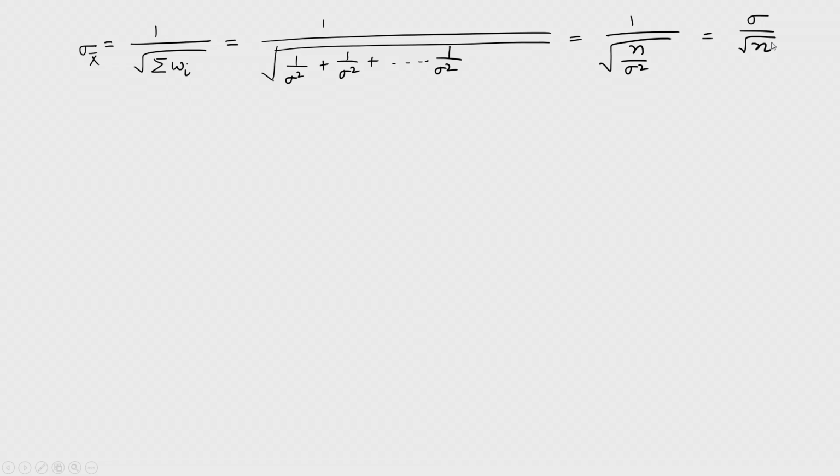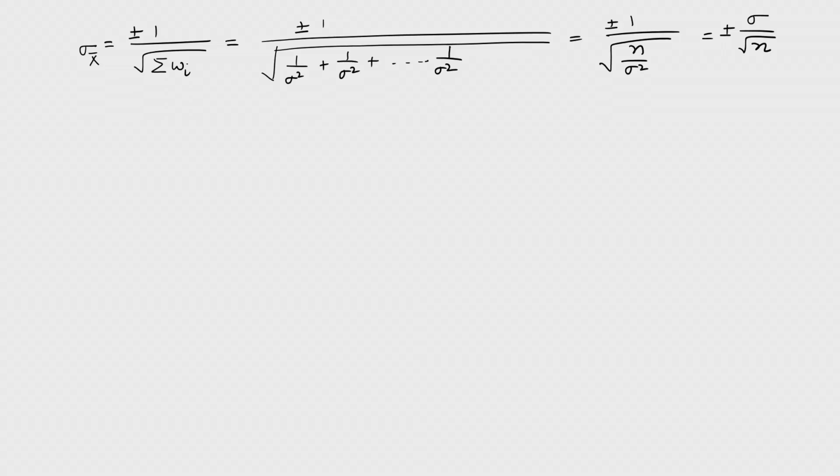So, check that the answers are correct. I have also found out what the error propagated in the weighted mean should be, right? And we have checked that if we assume the weights are equal, I get the same answer that I derived earlier. So, that is the idea here. Now, I will ask you to do a complicated example, okay?